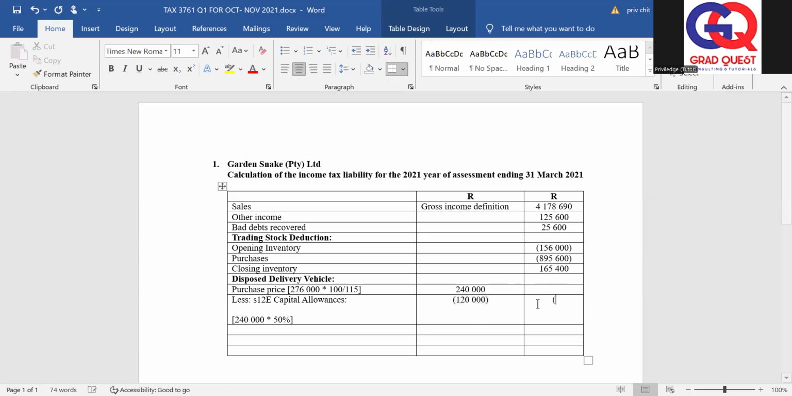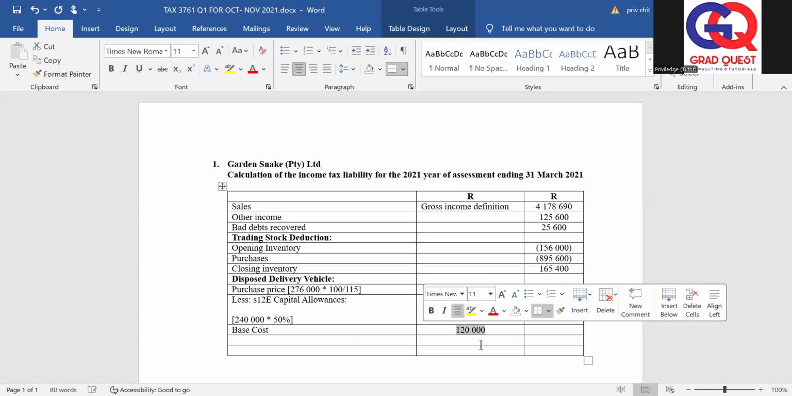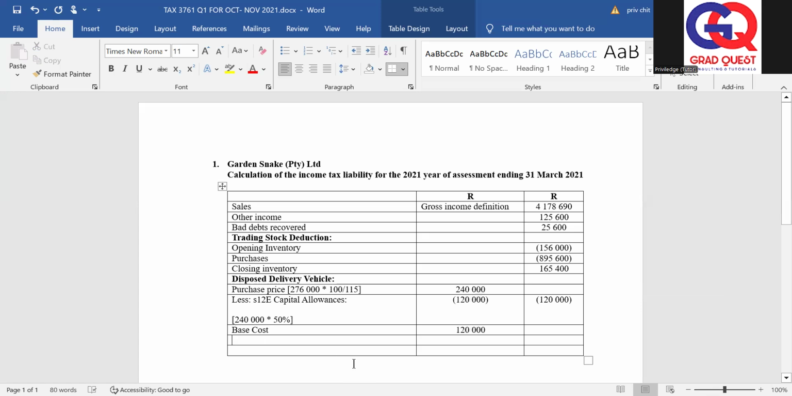But at the same time, because it was claimed in the current year of assessment, we also need to subtract that value in the final column. So when you do that, it will give you the base cost here, folks. The purchase price less capital allowance gives you the base cost, and the base cost, obviously, will be 120,000 rands. And the difference between the base cost and the proceeds here will be the amount that we received from